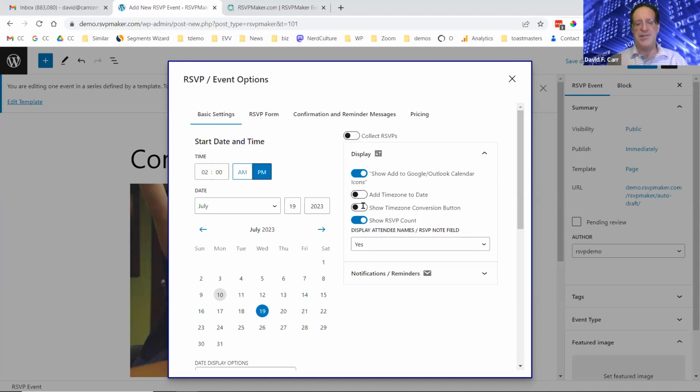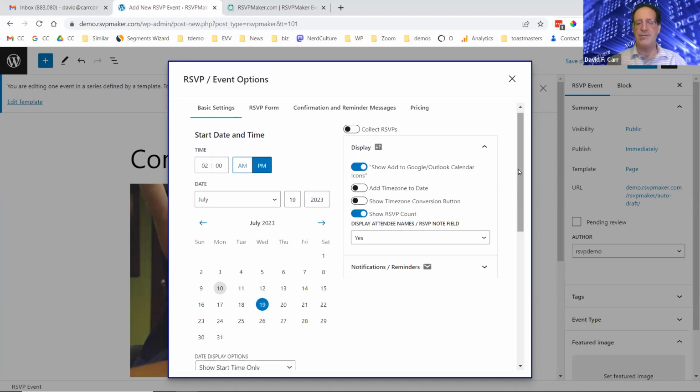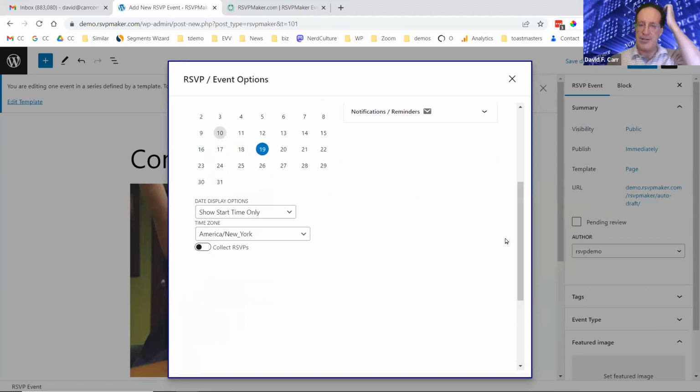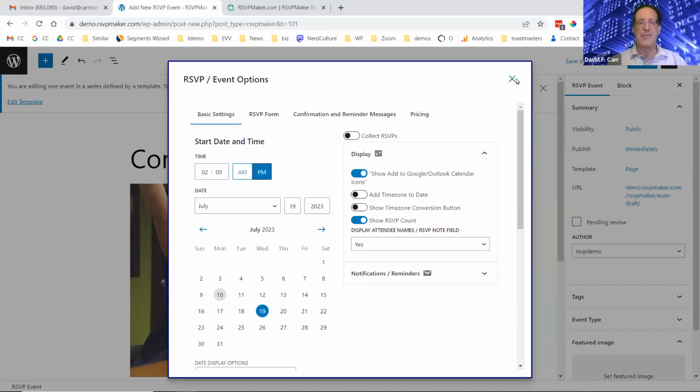So it's able to detect that based on some information it gathers from the browser, or at least most of the time it can detect it. And if it guesses wrong, you can change it. You could also have events that were in different time zones. So there's someplace down here where I could change that on a per event basis.